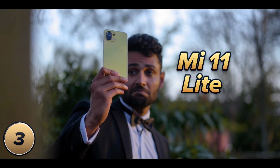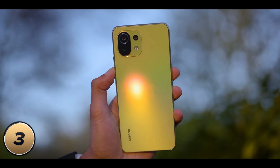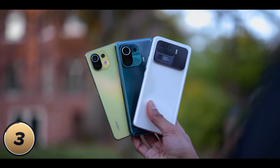The Mi 11 Lite is slim, and like its name suggests, light. But it also has a really fun finish that's kind of messing with me. The way it reflects light almost makes it look three-dimensional. And then as you get further up the lineup, the phones get more capable, but then also less experimental when